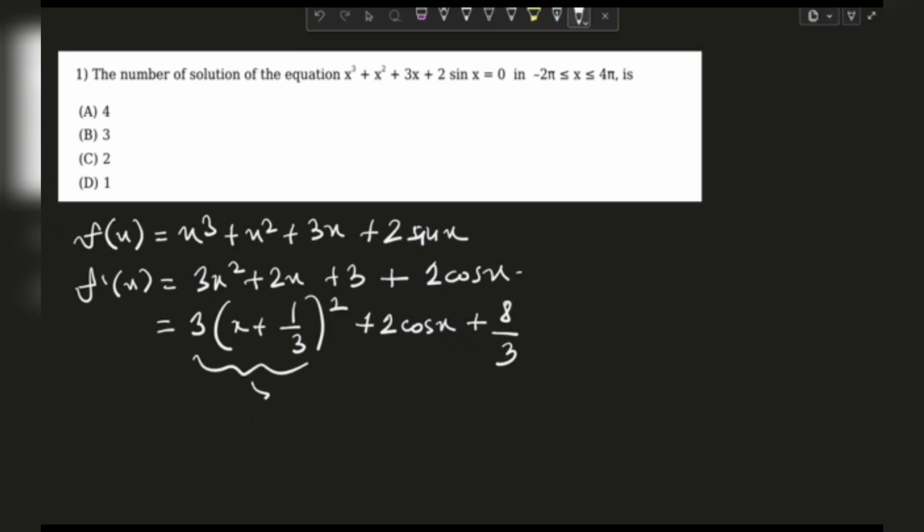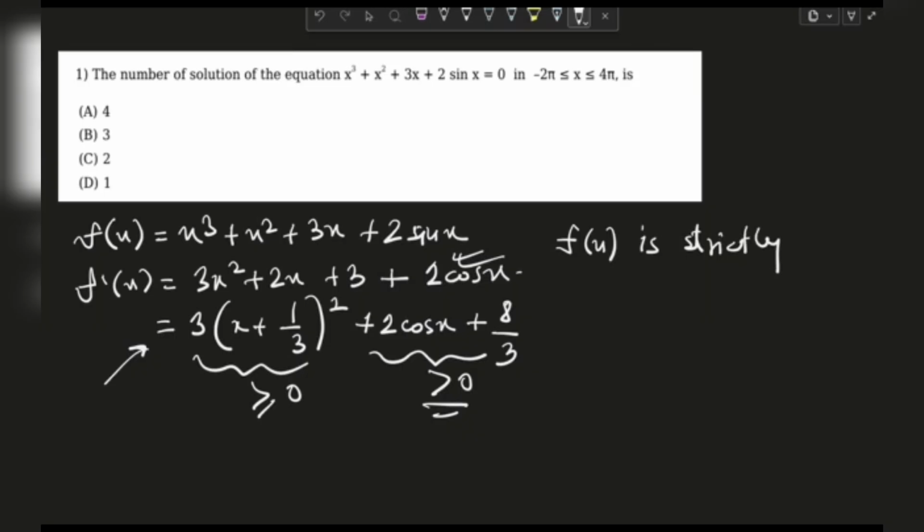This thing is obviously greater than or equal to 0, and 2 cosine x is between minus 2 and 2. So in either case, this thing will always be positive, right? Because this 2 cosine x is between minus 2 and 2. So in any way, this whole expression is positive, which actually means that our f of x is increasing. This part is a little bit manipulative, okay? Otherwise, you have to do all sorts of things. You can also determine it from here, but in my opinion, this was a good step to do. So the clear conclusion is that f of x is strictly increasing,